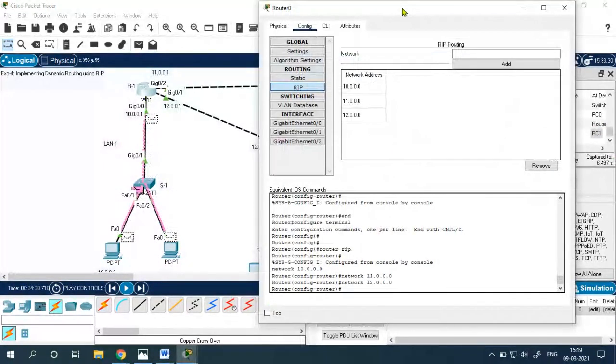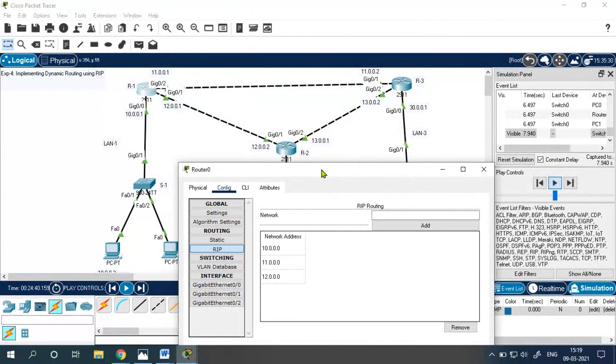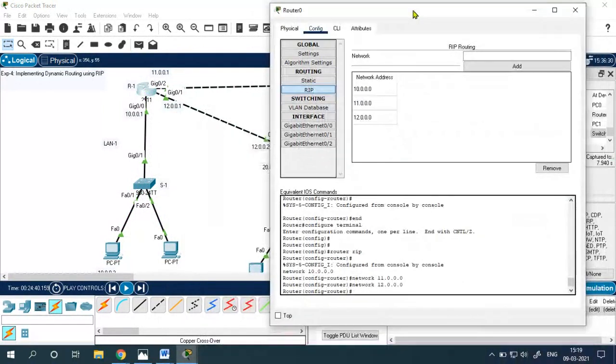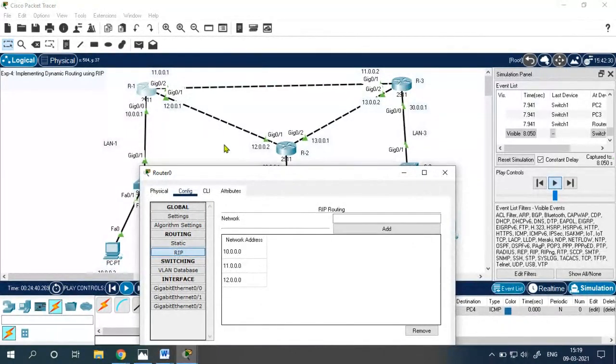This is directly connected to network 12. Can you see my mouse pointer? This is connected to this network, this interface, and this one. I'm not providing other information such as that this has to go to router 3 via next hop